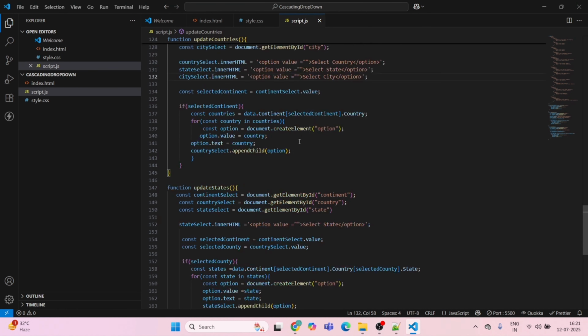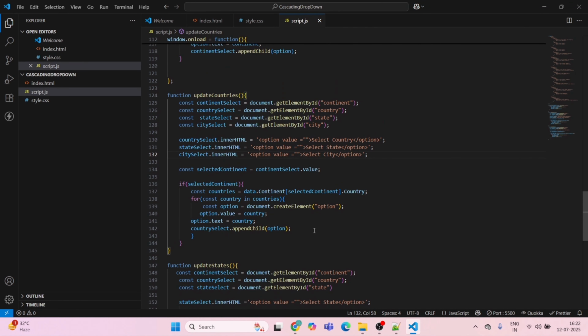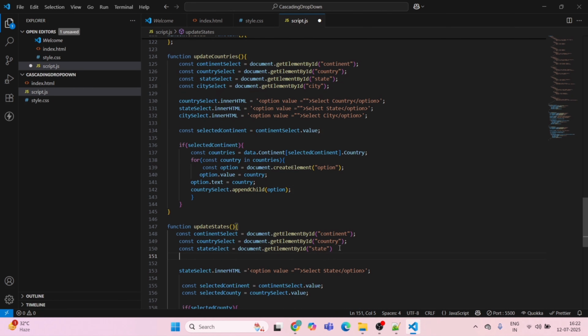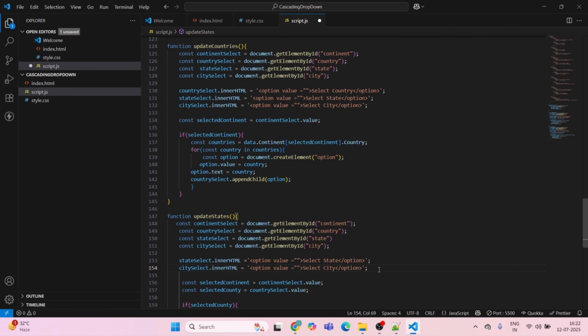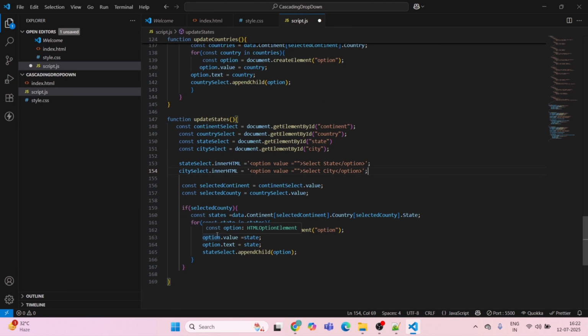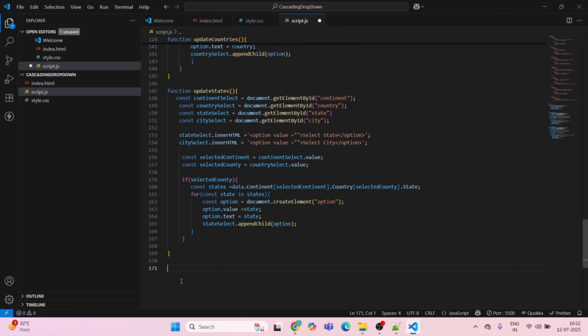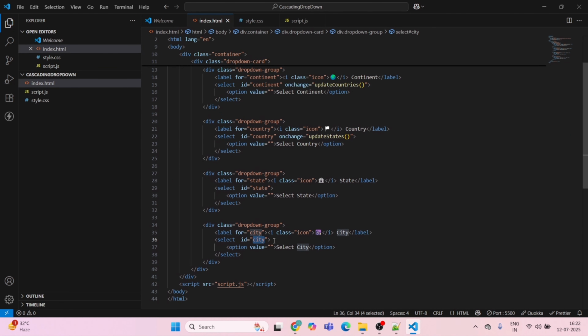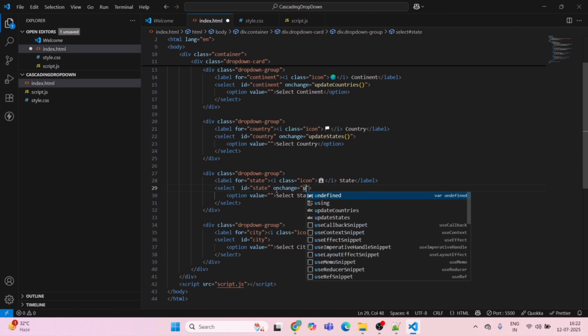So on state, the same way that we have added, right, the continent, we will add the city here as well. So city, state is getting refreshed, the city will get refreshed here, right? So just that's it. Now the last one that we have is the city. So in state, on change of state, so we'll update the